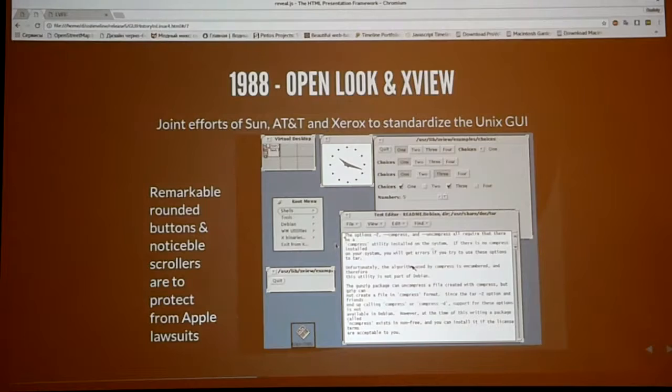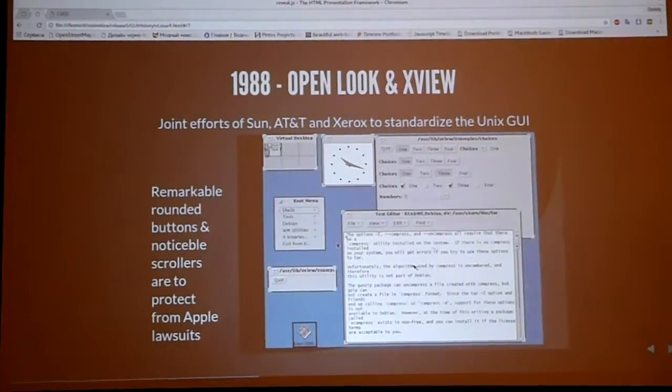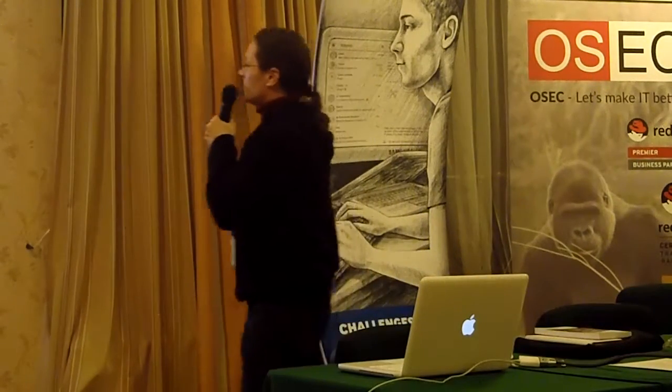They had a clear goal to avoid compatibility with Apple graphical interfaces, to make something which is safe from legal battles, and it was not such a happy attempt, in fact.